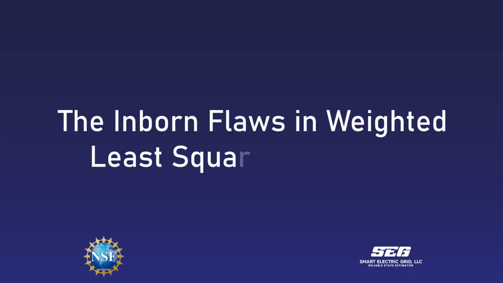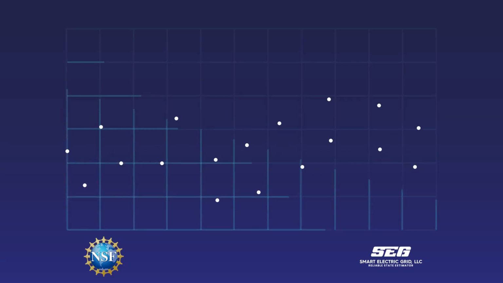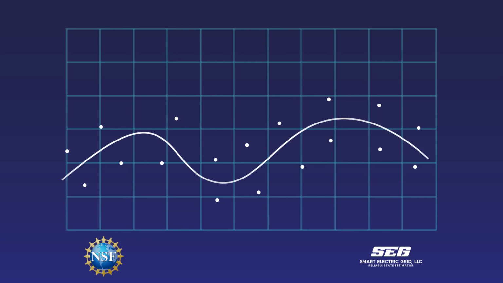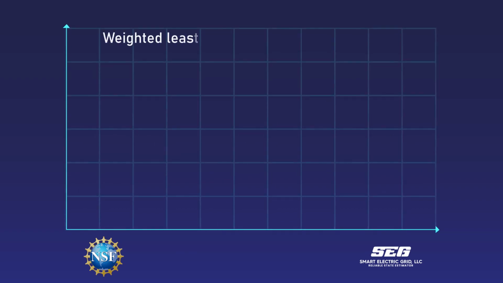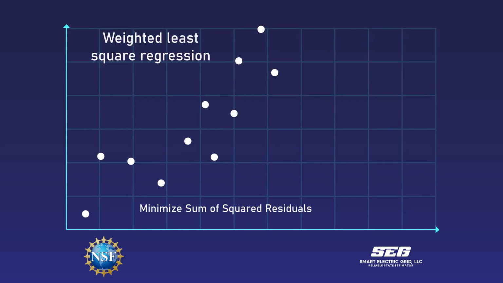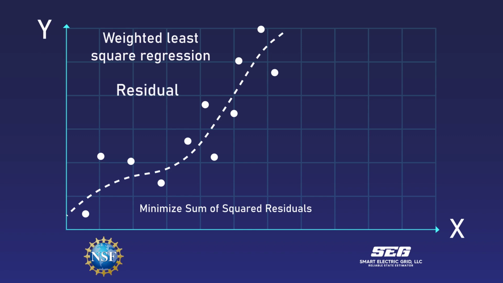The least square method is commonly used to fit equations, lines, curves, functions, or models to data in various fields. Now let's delve into how it actually works. Weighted least square regression aims to minimize the sum of squared residuals when finding the best fitting curve for a set of data points in x and y. The residual is the difference between the y value in the data and the y value predicted by the curve